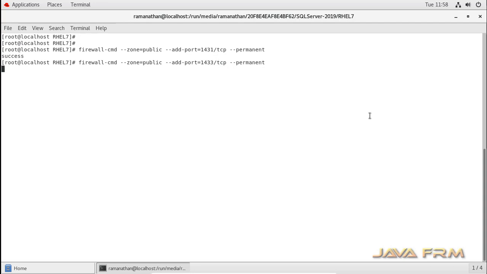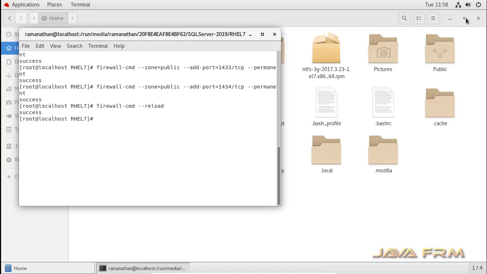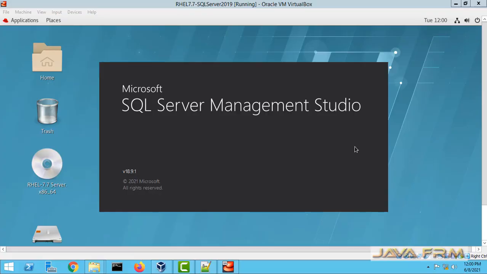This is the command: firewall-cmd --zone=public --add-port --permanent. Permanently, I am unblocking the ports 1431, 1433 and 1434, so that I am able to connect from SQL Server Management Studio. I am reloading the firewall. So everything is fine. Now SQL Server 2019 running on Red Hat Enterprise Linux 7 will be available outside the operating system also.